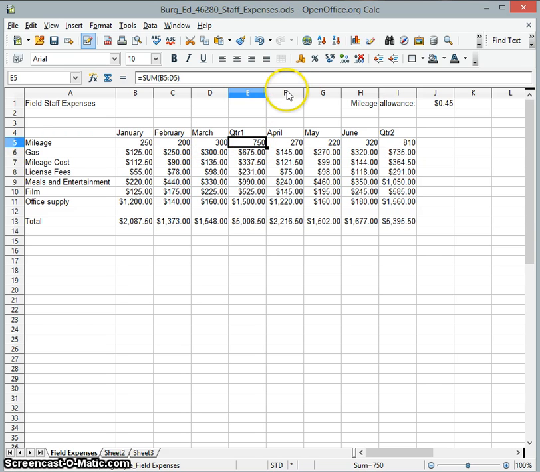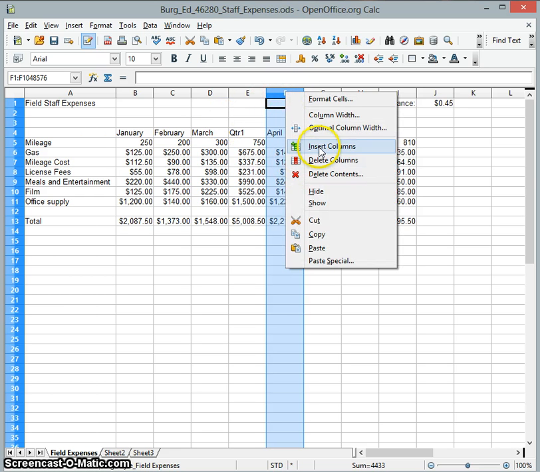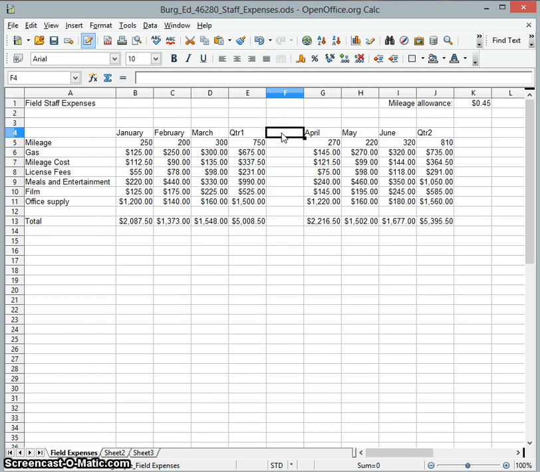average function. So here we have the quarter total. We need to insert a column here and say we know what the total expenditures for the month are. What is the average expenditure? So the same way we inserted a row for the license fee, you can right click on F and say insert column, and that is there. And we'll give this, we should probably relabel these. This is actually quarter one sum, and this is quarter one